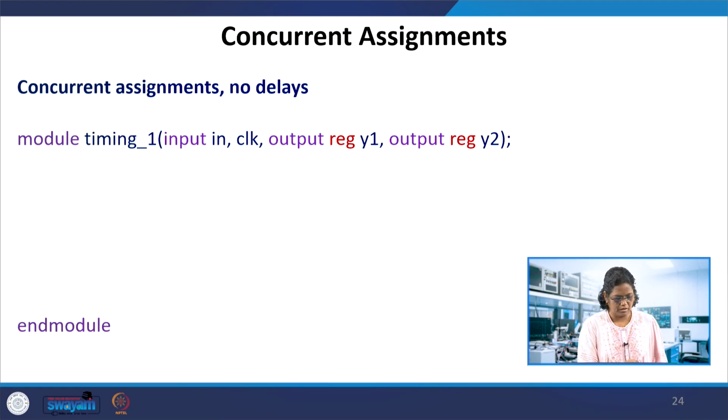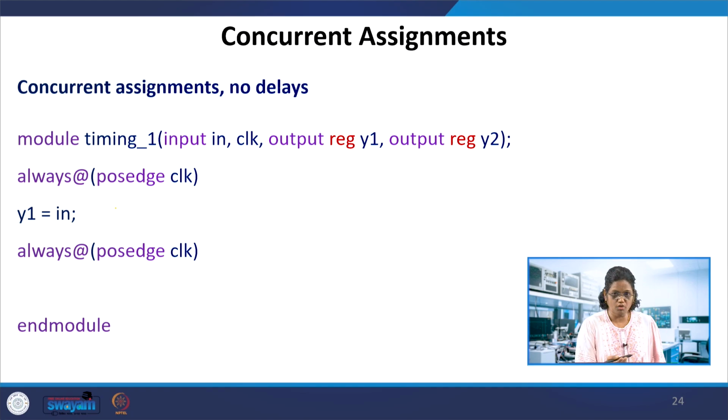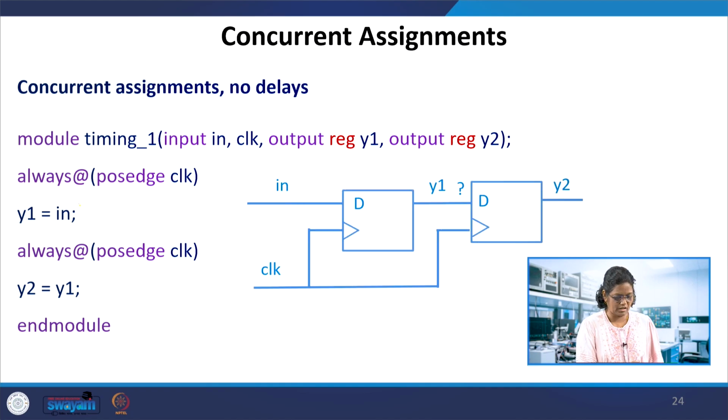Coming to the concurrent assignments, we have two always blocks in the same code, so there's always the passage of the clock. This is with no delay. Input is assigned to y1 and y1 is assigned to y2. Here, because of the immediate assignment, we can always have indeterminate results. That is, input is assigned to y1, and if it is updated, then y1 should be getting this output y2. If y1 is getting our input y2, that will form a parallel flip-flop, but that is not the case.